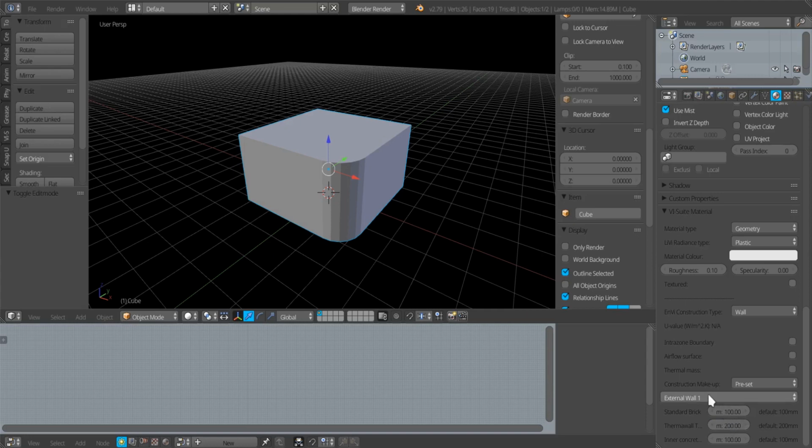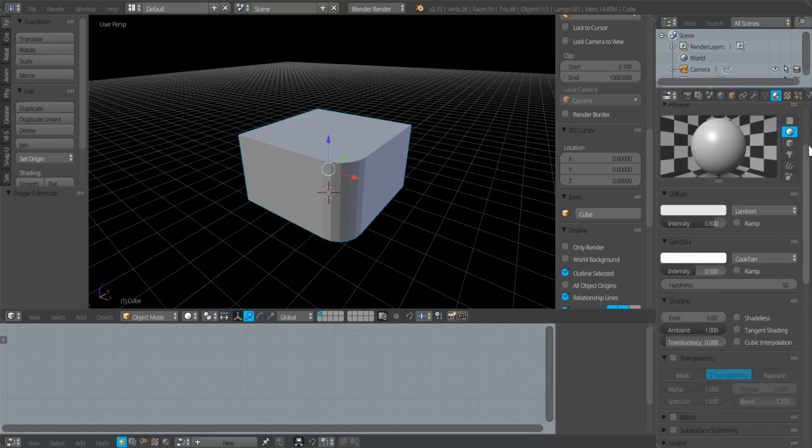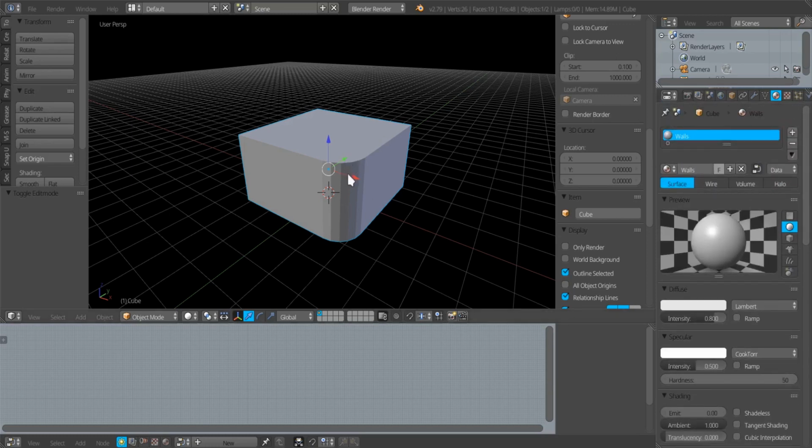So this is important because picking the construction isn't enough to specify correctly the layers within that construction in terms of thickness. So always bear in mind these numbers, and you can have whatever numbers you want in here. These are only recommended values for that external wall construction, but pay attention to these before just blindly picking a construction makeup and then doing a simulation with it. So that is the EnVi construction setup for this wall material, which is currently being applied to all surfaces within